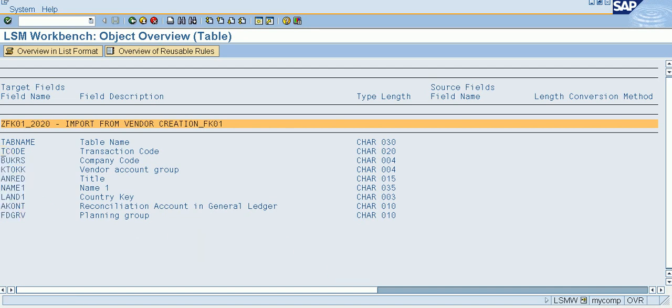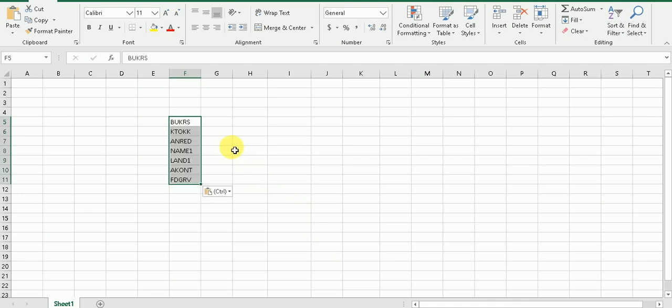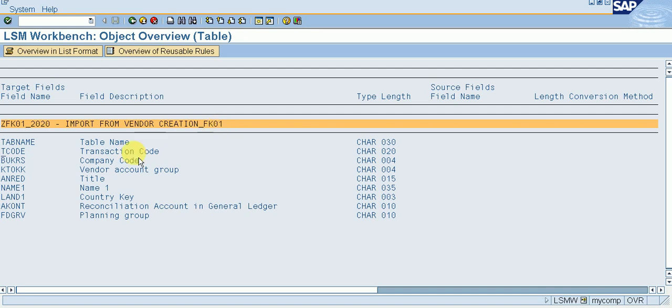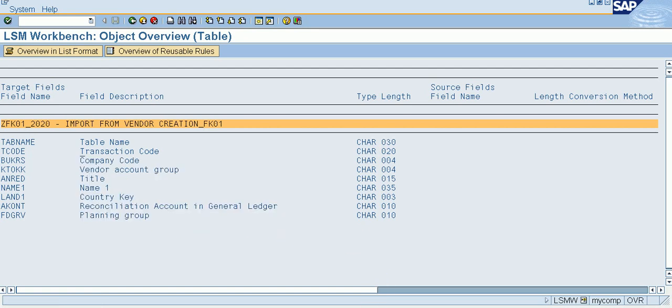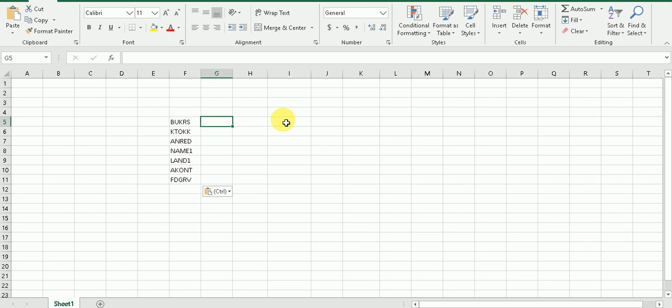Copy this and then paste it. Okay, for understanding purposes, again Control C, copy all the details, then paste it.